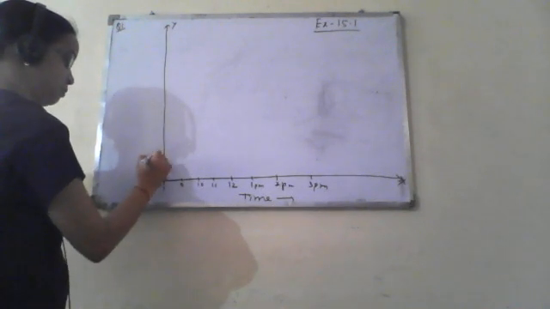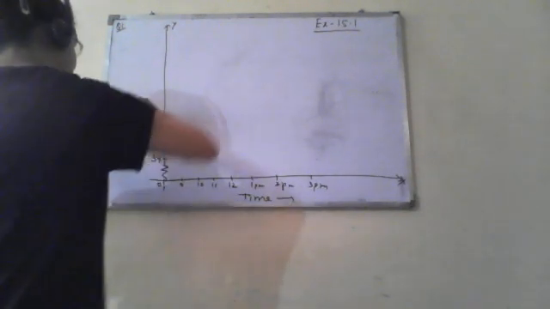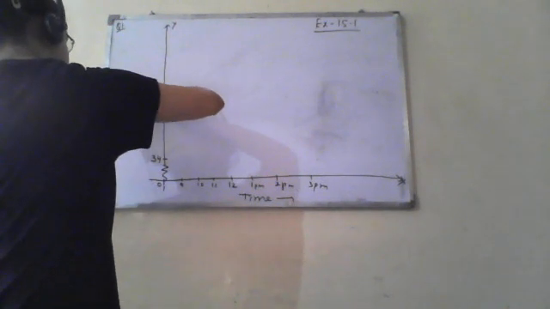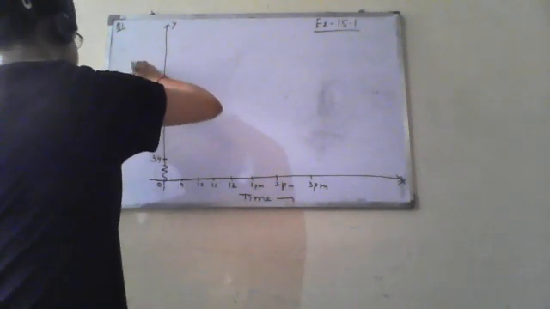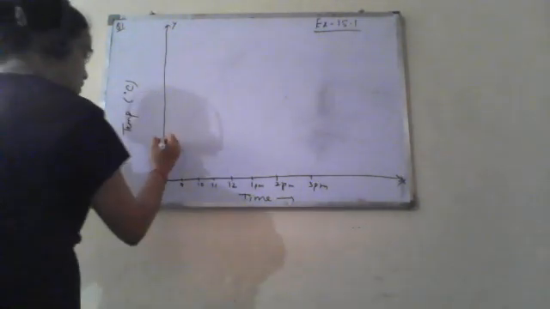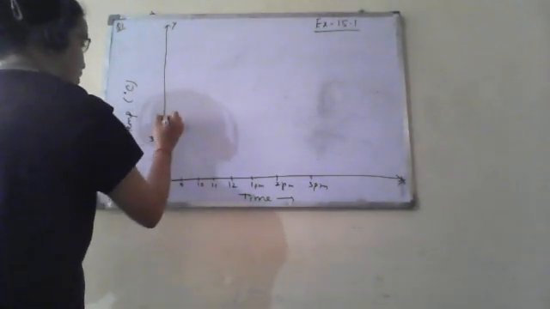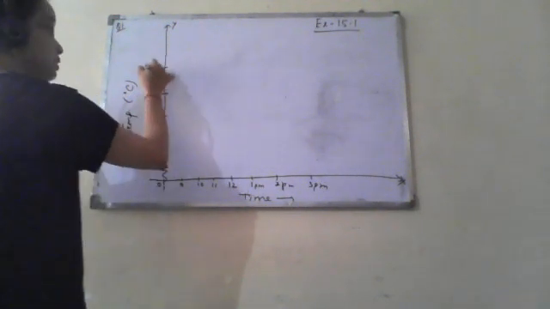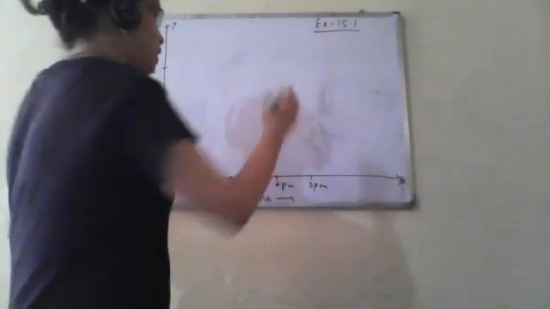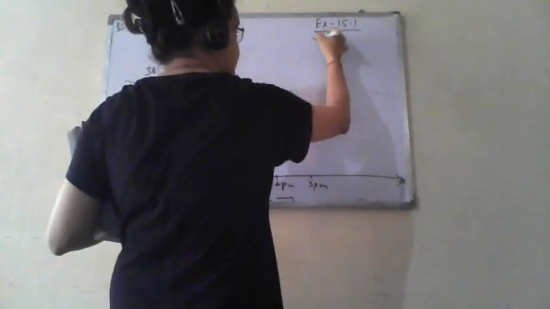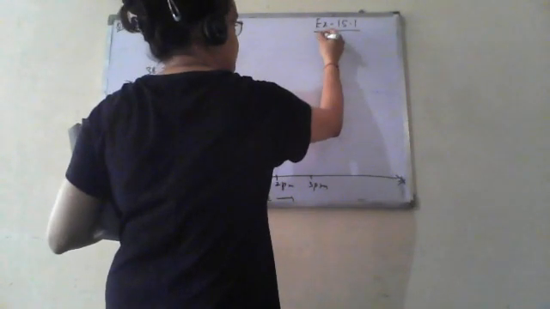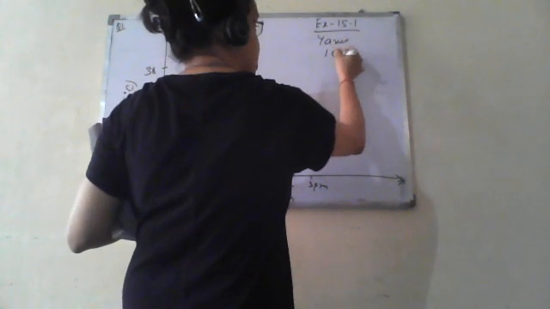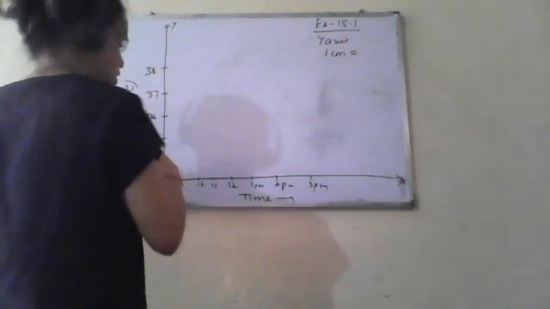So we have started our temperature from 34, and on the y-axis we have put the temperature in degree Celsius. It is 34, this is 35, this is 36, this is 37, and these are the degrees, meaning 34 degree, 35 degree, 36 degree, and so on. On the y-axis we have to mention the scale. On the y-axis we are taking 1 centimeter equal to 1 degree Celsius. So this is our scale.